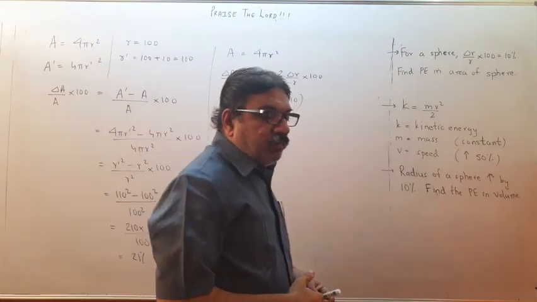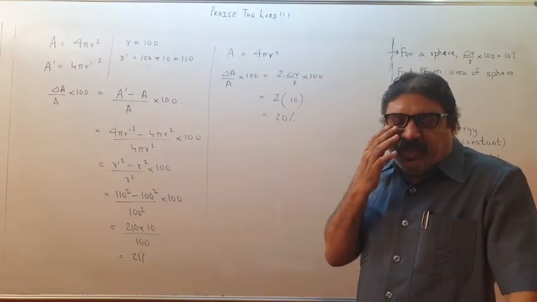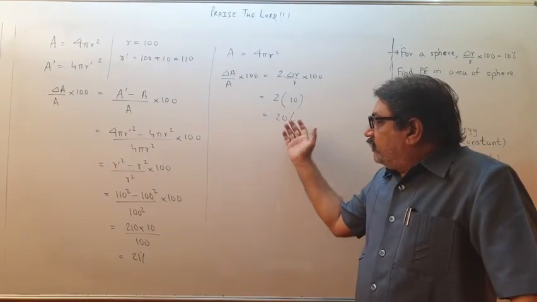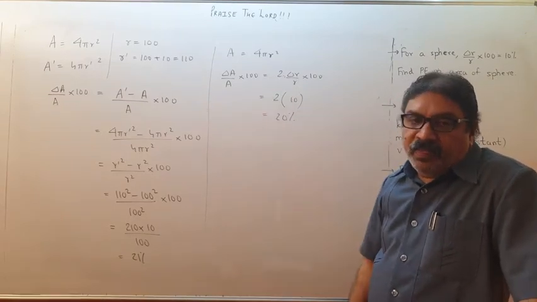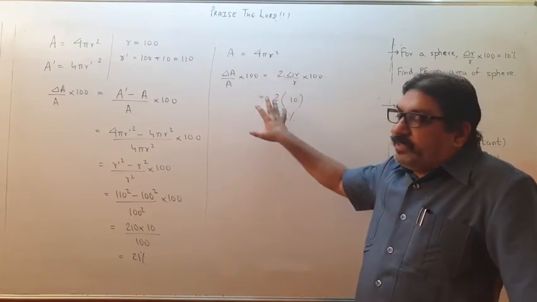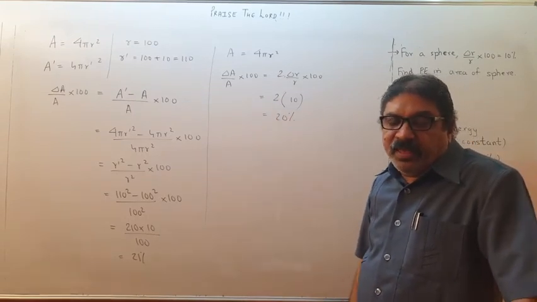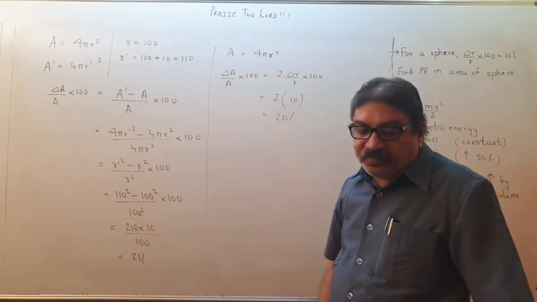So this difference will come only if your percentage error is 10% or more than 10%. When your percentage error is less than 10%, this difference is not visible too much, therefore you can take up this method or this method. So please remember, this method will be taken up only when the percentage error is less than 10%. As soon as it becomes 10% or more than 10%, go by this method.